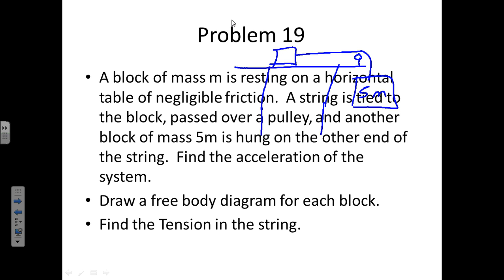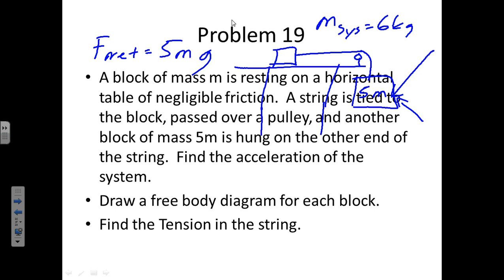All right, there's no friction between the table and the box on top. So the thing that's causing these boxes to move is the weight of that box right here. So the weight of this 5M box, that's the net force. So our net force is going to equal the weight of that box, which is 5M times g. And that net force is acting on the whole mass. The whole mass of the system is 6 kilograms. Or not 6 kilograms,